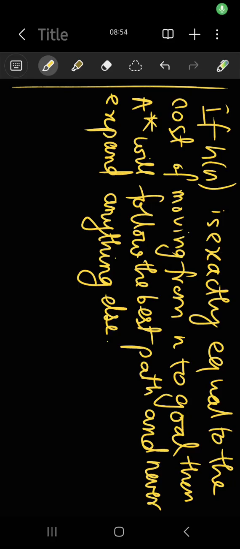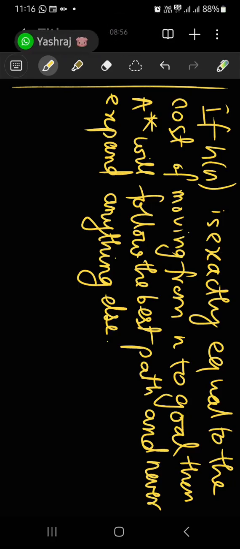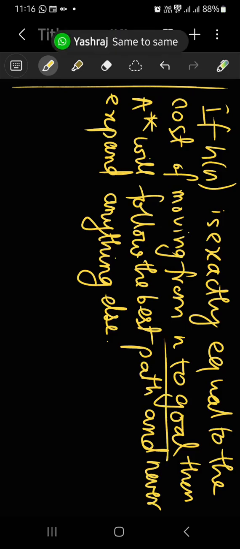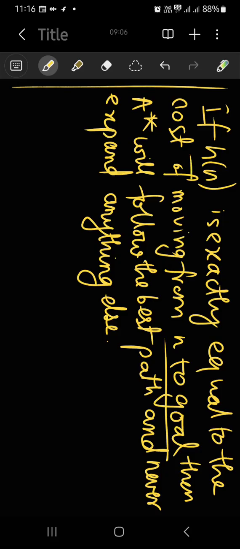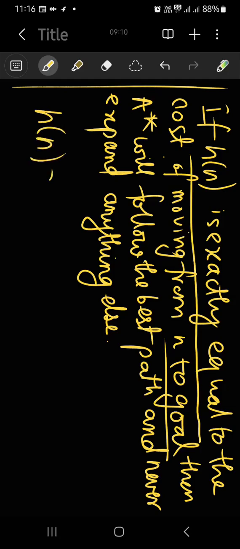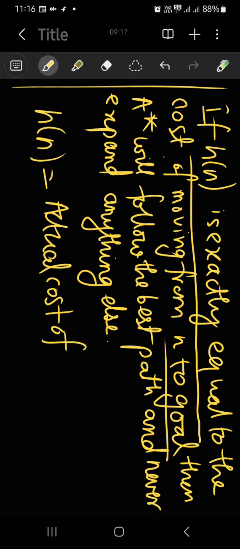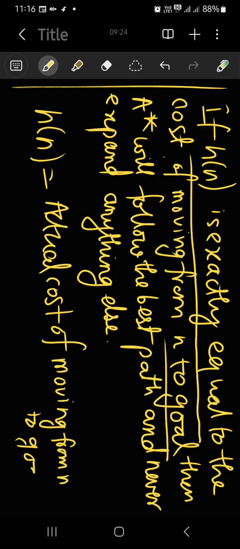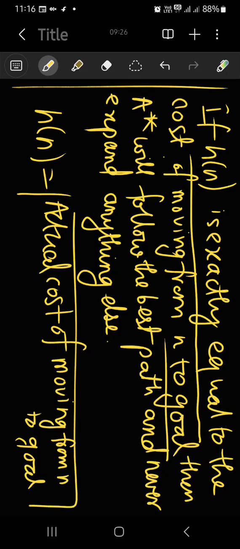তো কোয়েশ্চেনটা কি বলছি, HN is exactly equal to the cost of moving from N to the goal, then A star will follow the best path and will never expand anything else. Second time পড়ো, HN is exactly equal to the cost of moving from N to goal। তার মানে HN কার সাথে ইকুয়াল? actual cost of moving from N টু গোল।